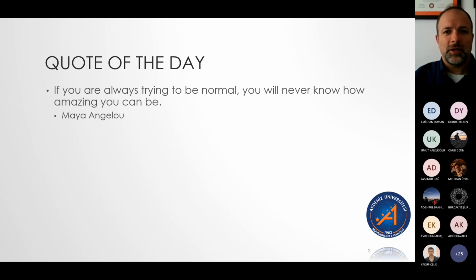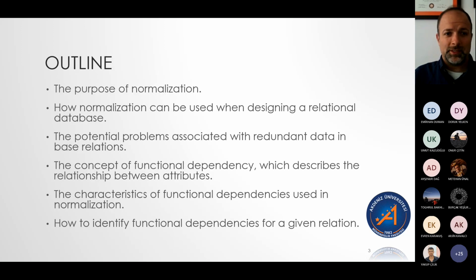Okay. All right. So, but as far as normal is concerned, we do want to normalize our database, which is all about reducing data redundancy and reducing what's called update anomalies, and we'll talk about both of those terms today. One of the terms that you'll need to become familiar with is this concept of a functional dependency, which is how different attributes within a table or within a relation are related to each other.